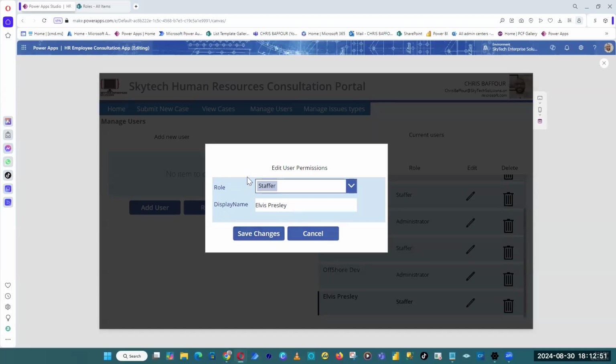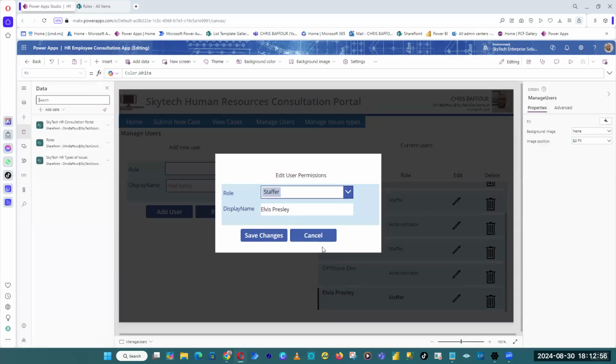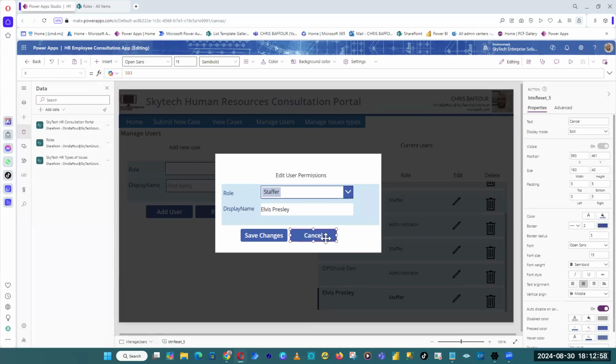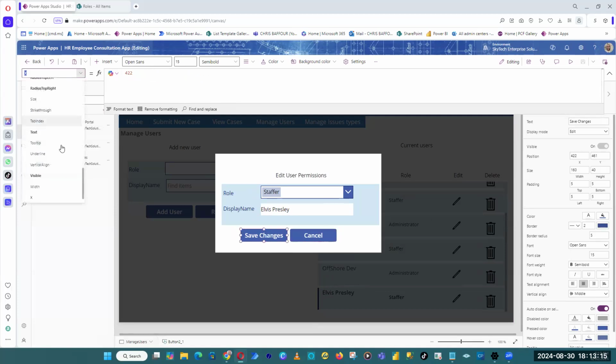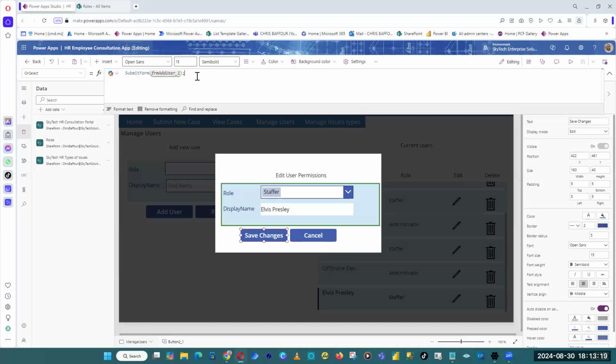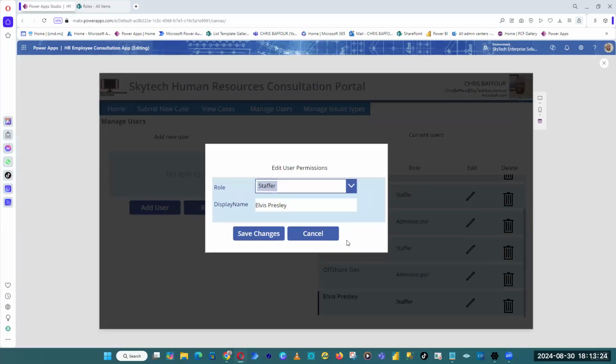So when we save changes, we want the little pop-up to disappear. Again, we're already doing that on this button here. So not to reinvent the wheel, I just select it and copy the code. We're basically updating the context variable called var edit user pop-up to false, right? And how am I going to accomplish that? I am simply going to go here, put a semicolon after that first command, drop this over there, save it,